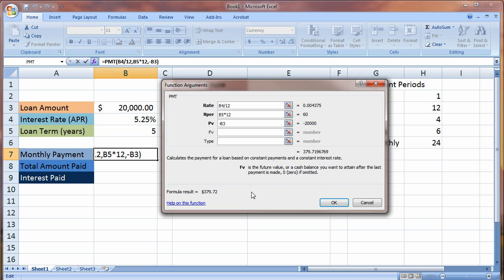We tend not to do that all that much anymore. And then finally, type is pretty important. It's a logical value. When did we make the payment? Did we make it at the beginning of the period? If we did, we put in 1. And if we omit it or we put in a 0, we made the payment at the end of the